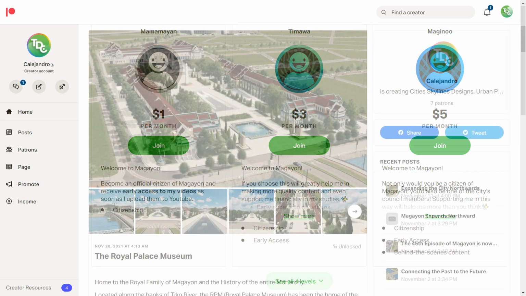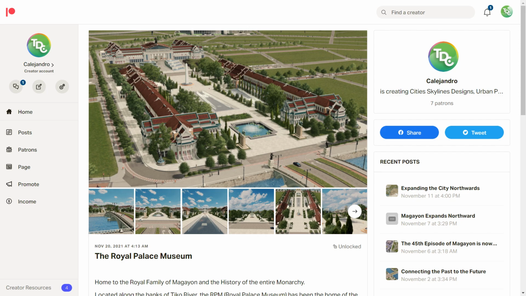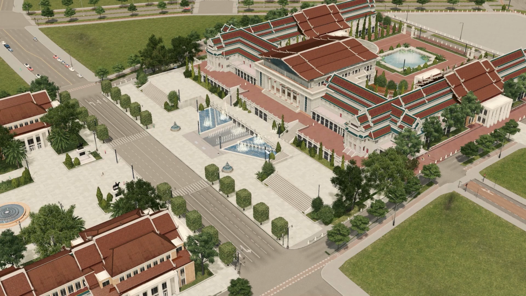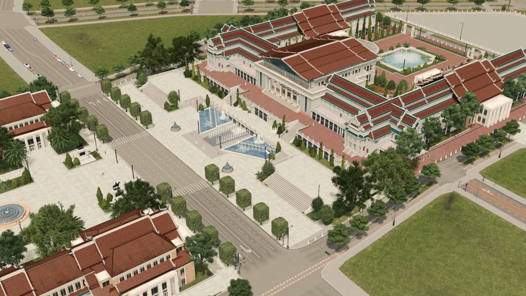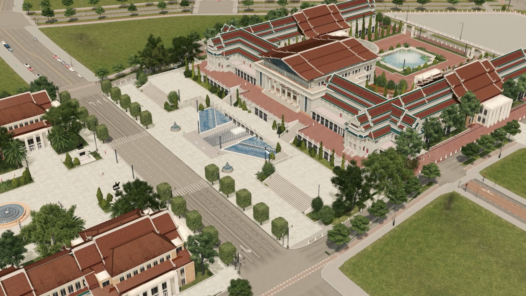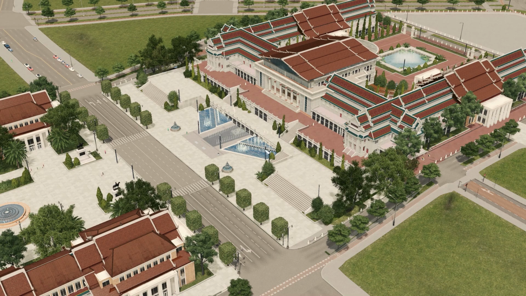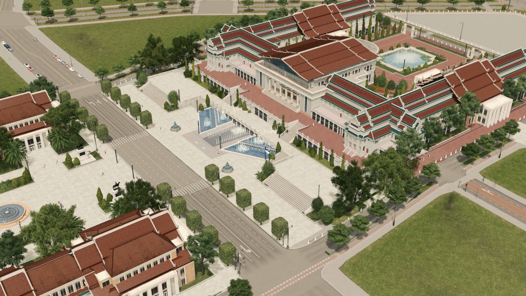On episode 50, I'll be releasing the save game of Magayon to all patrons, but I'm going to be releasing the save game as is now to Patreons on the highest tier or anybody who just wants to test it out, because once I release the save game, I want you guys to be able to play it. Loading the save game is not gonna be easy. If you have a medium spec setup, you can't use this with just basic things. If you have a high-end setup, you'd probably be able to run this, because I'm just running this on a very mediocre gaming setup.